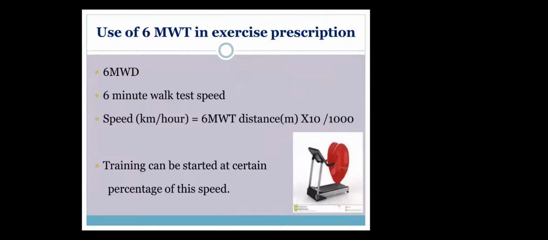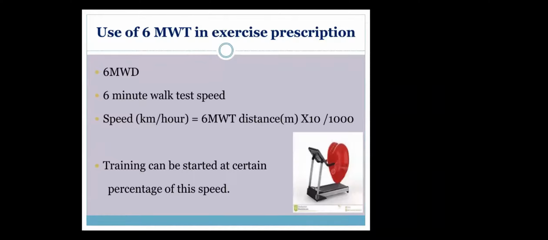Now let's look at the use of the 6-minute walk test, or the data obtained from it. How can that be used for exercise prescription? The 6-minute walk distance that we have obtained by performing a 6-minute walk test, we need to convert to speed in kilometers per hour. We have the distance and we have the time, so we can calculate speed using the formula: 6-minute walk test distance in meters,